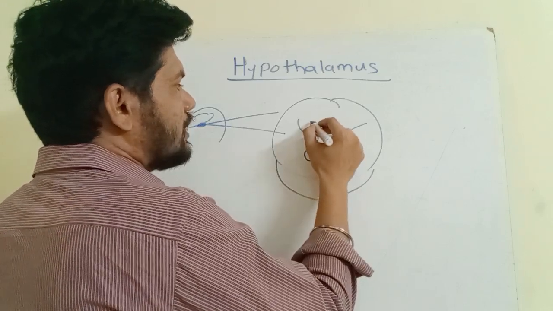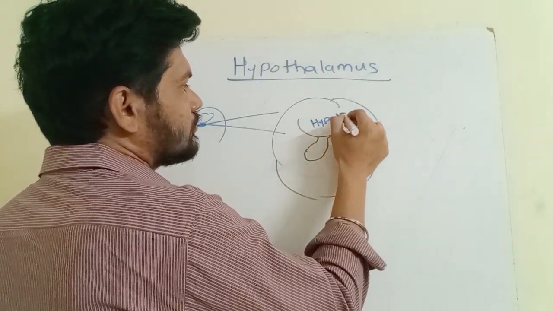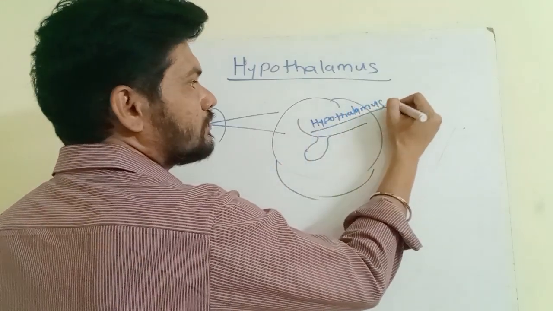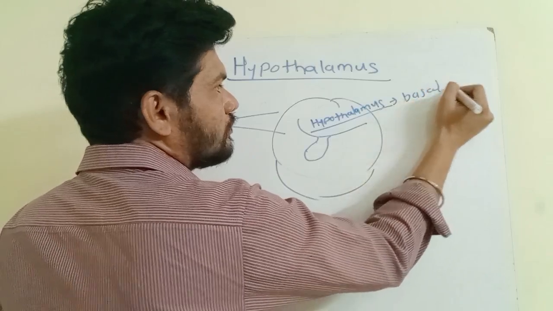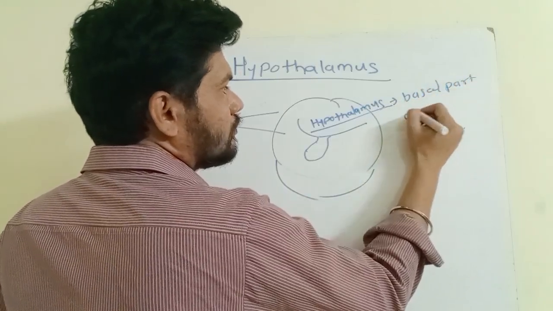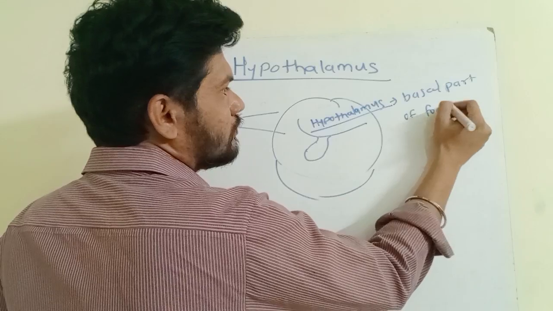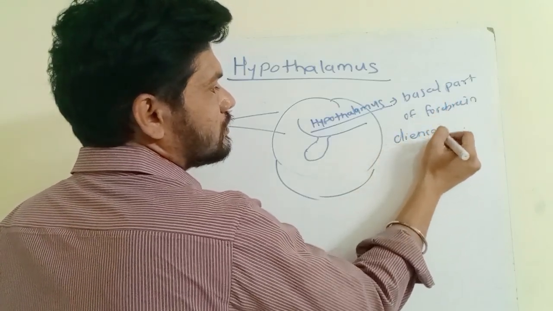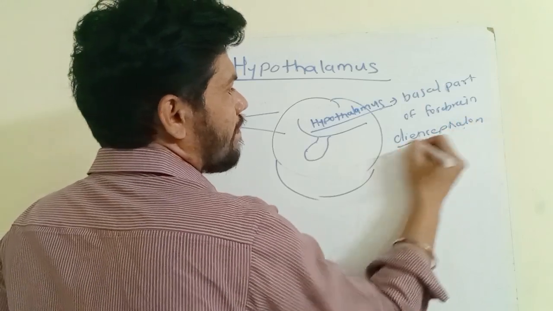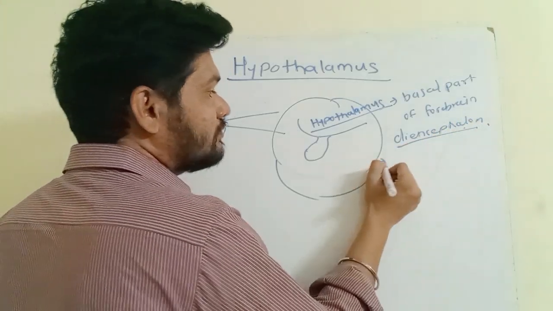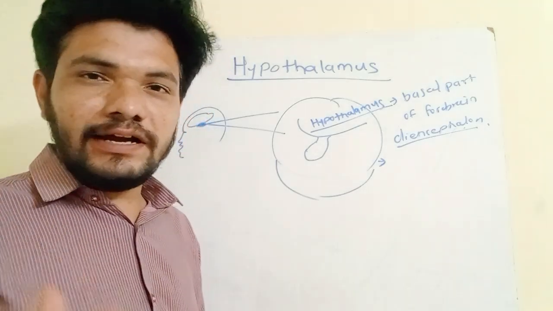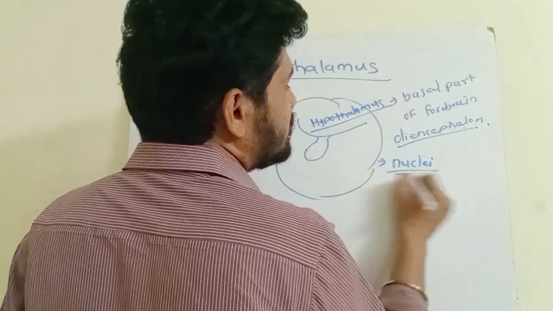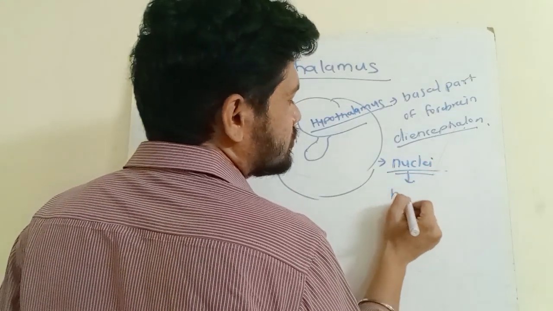So this is the hypothalamus, which is the basal part of the forebrain called diencephalon, and it has some special neurosecretory cells called nuclei, which release some hormones